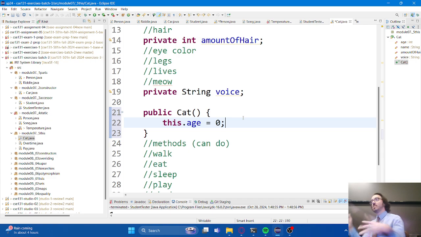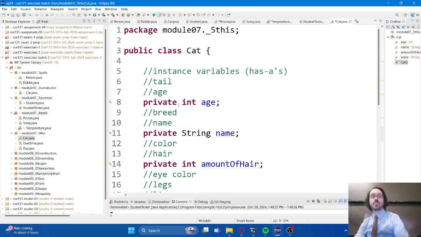Remember, there's two ways that we set our instance variables. One is through those parameters, and the other is to say that I'm just going to put a value here, and all instances are going to share that value when they first get created. Will this change later? Yes. This is just the value when it first gets created. Over time, I would expect that value to go up and up and up. This is just the initial value. All right, let's move on to the next parameter.